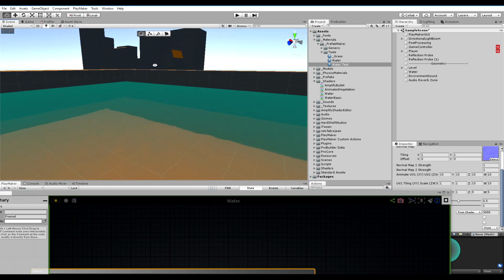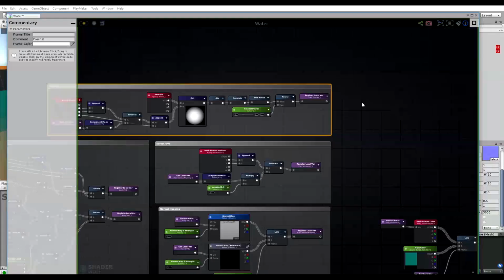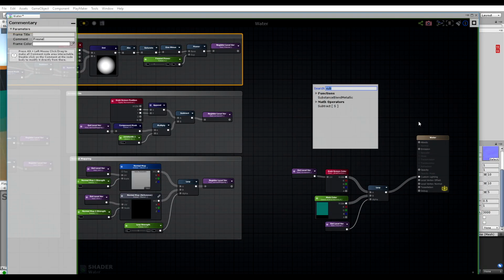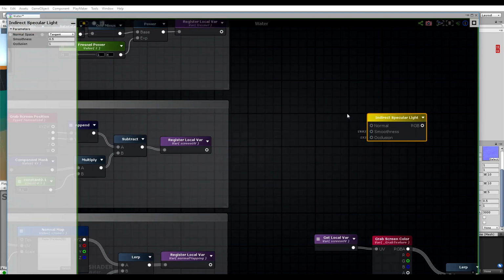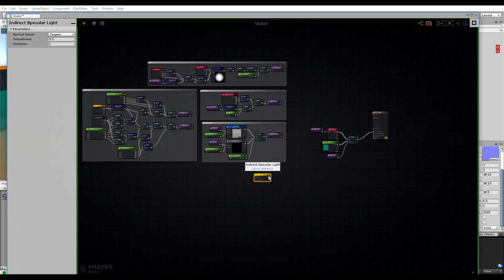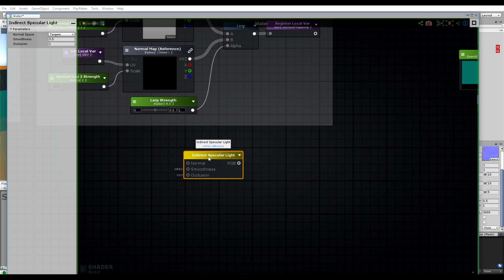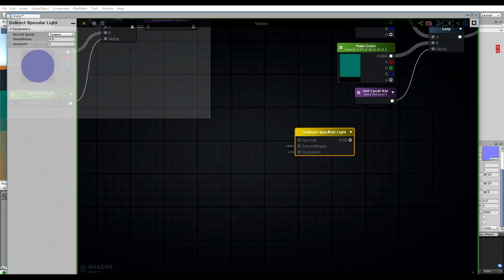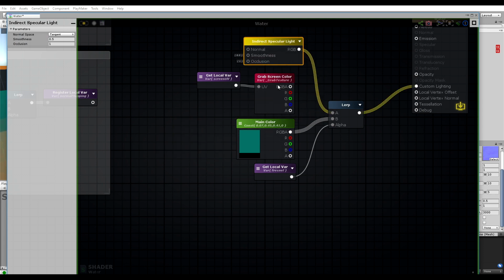But how do we make those nice looking reflections? Easy. It's called ambient. Oh no, wait, hang on. Indirect specular light. This is it. That's the cube mapping or reflections. So if we just plug this into the A instead of the screen color,